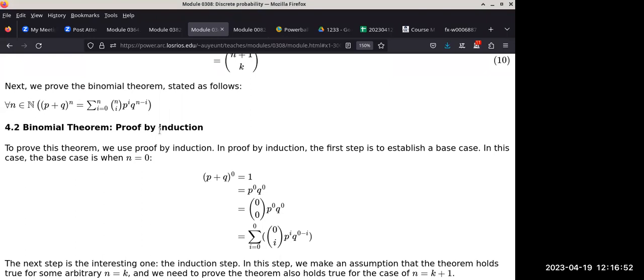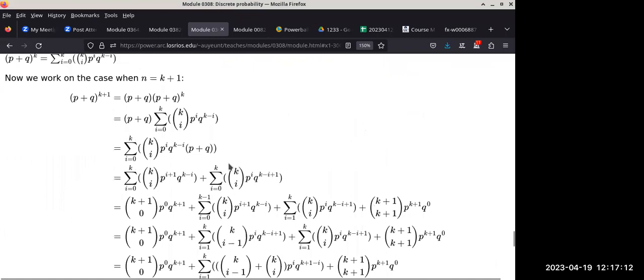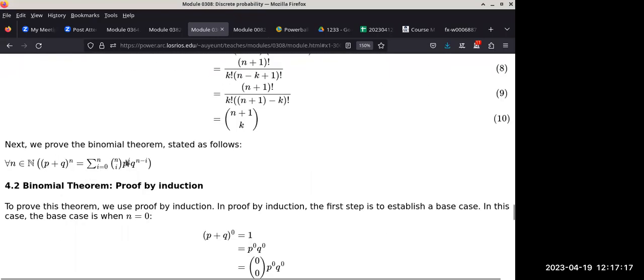But from the perspective of proving something, proof by induction works exceptionally well when something is defined recursively. I will have 2 examples to show you today in class of how to prove by induction. All right, so that's what we did last week, was to prove by induction. And then at the very end, we end up with basically the same thing that we were trying to prove, which is this thing here.